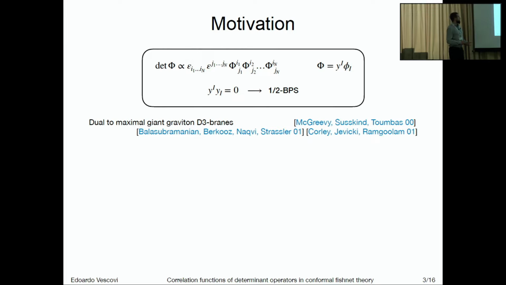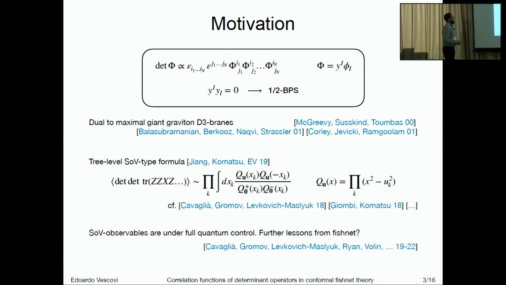They correspond to maximal giant gravitons, D-branes wrapping an S3, stabilized by angular momentum, which is maximal, satisfies a bound. This is why they're called maximal giant gravitons. And the reason for revisiting this story, these operators, stems from one motivation that I want to bring up, stems from an observation that